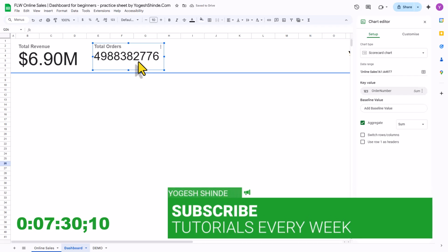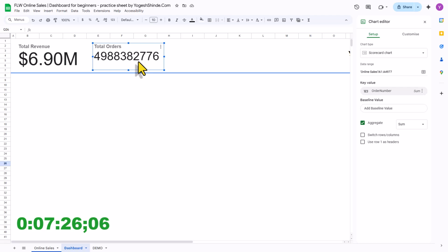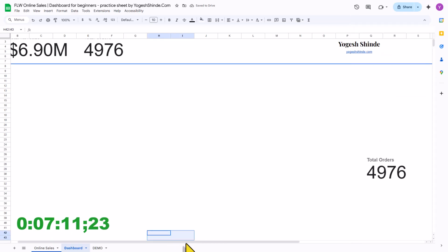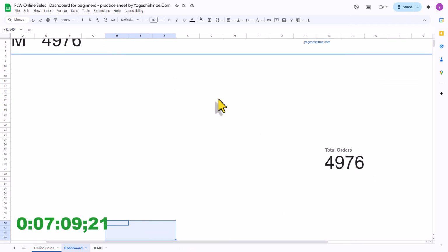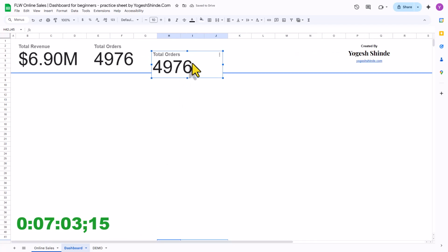So here we have got our total orders, but instead of sum we want count. So here we have our total orders. Let's copy this and paste it again, and let's drag it here,